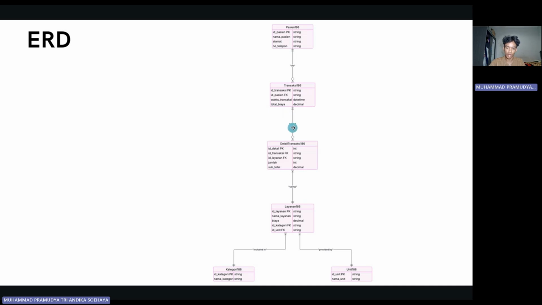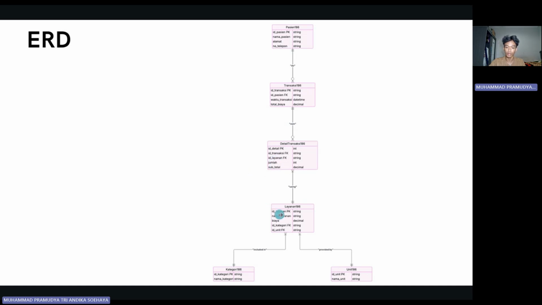Then we have Detailed Transaction 186. This contains a breakdown of services within each transaction. The primary key is ID detail, and the foreign keys are ID transaction and ID service, with the attributes quantity and subtotal.